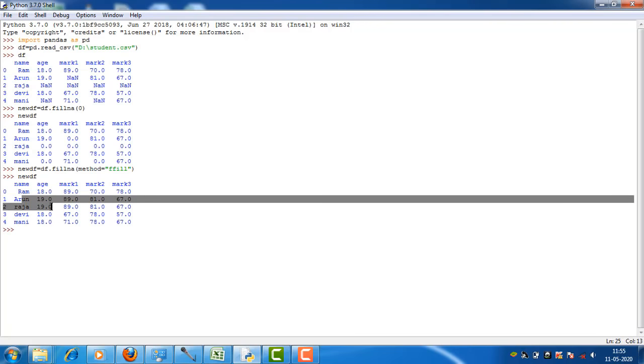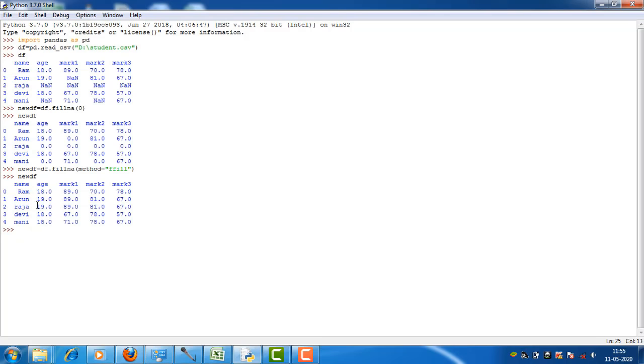Now the df is filled with forward values, that is, the previous value from the previous record. The student Raja has 0 in the previous data frame. Now Raja has the value 19, that is forward filling. Just carry forward the values from the previous record.